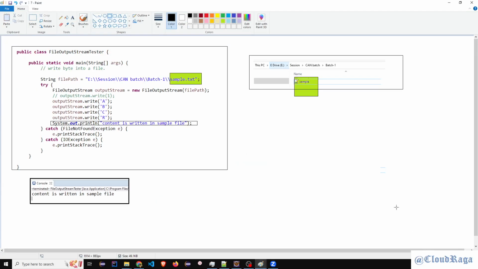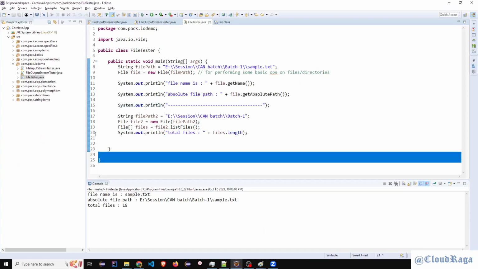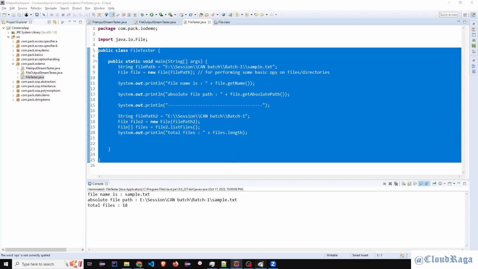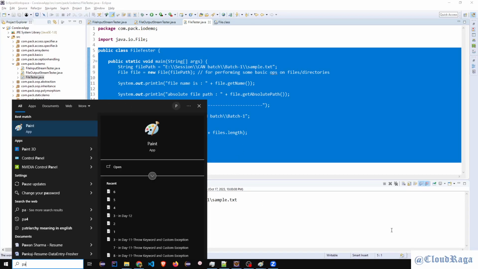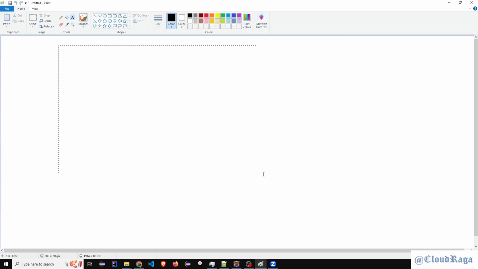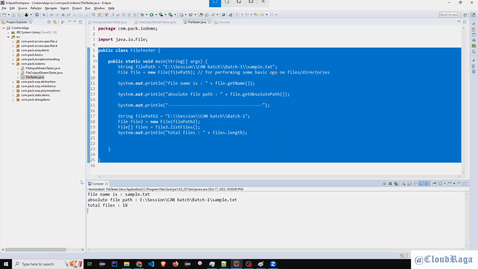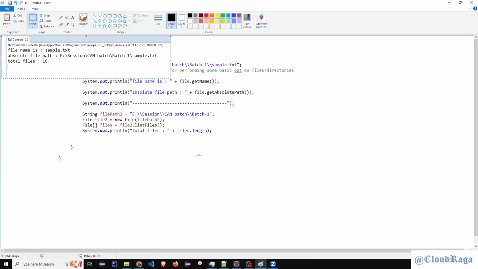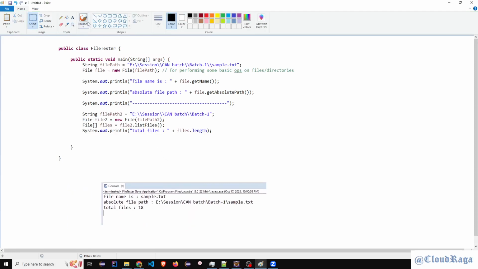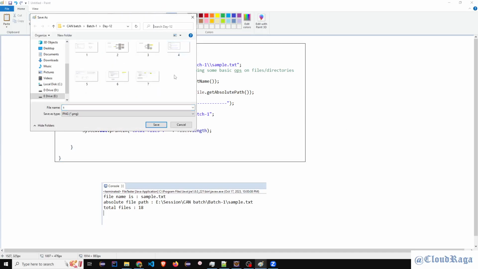So this is done, and let me pick this as well. See, I'm not using all the methods, no point. I just gave you an idea. There's a class whose name is File, and the name clearly says file. That means it will give you lots of features and methods which you can use to perform operations on your file, and it's the most used class in the Java library. So that's it for today.